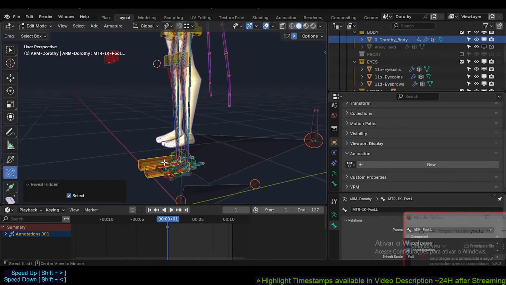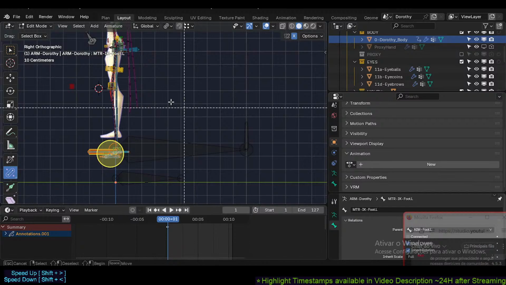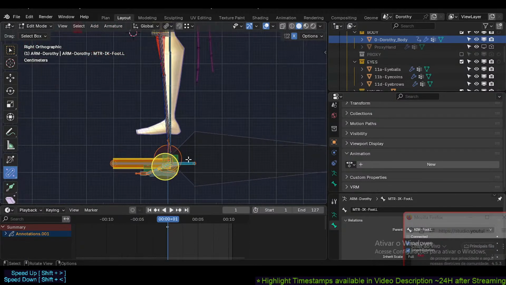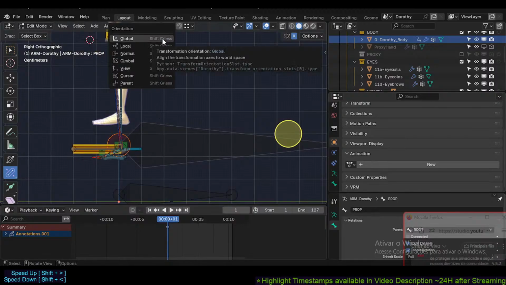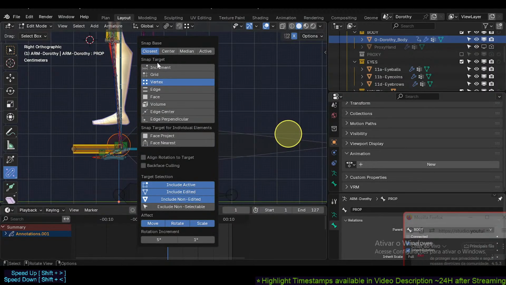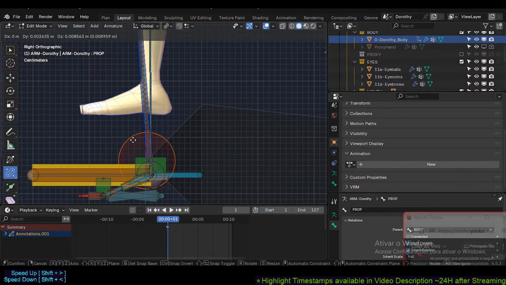So all the bones are here apparently. No, not all of them were here. So we're gonna just pick everything again. Actually, we're gonna pick these ones and snap to the grid. We're gonna try to look for... I think I did this on purpose, right? Okay, so